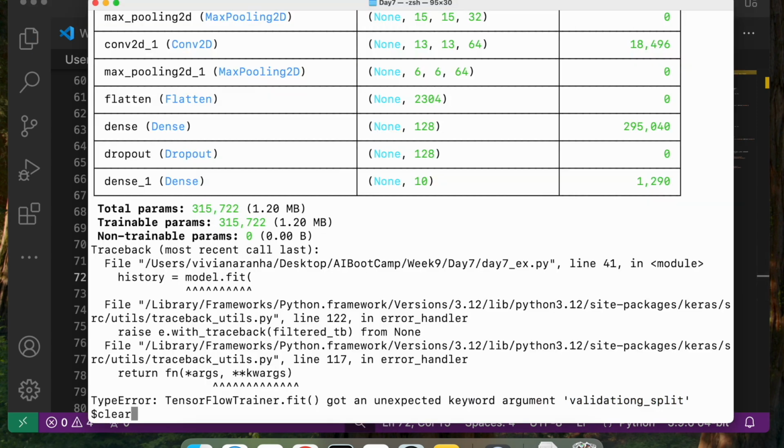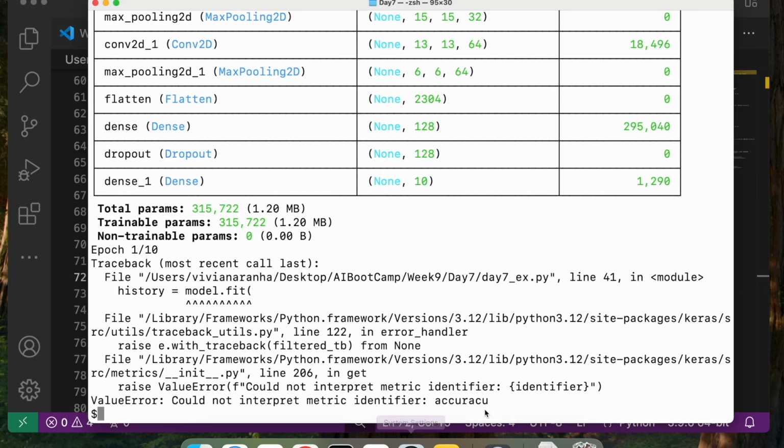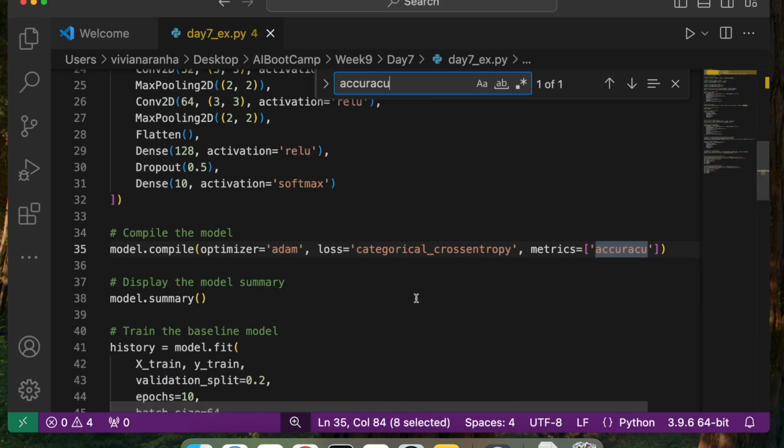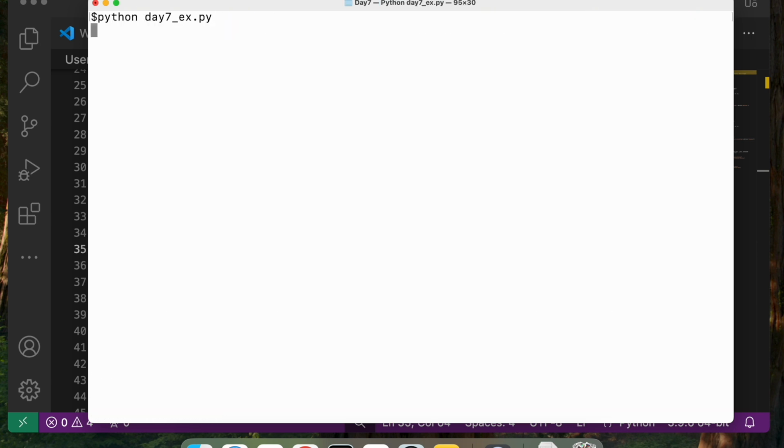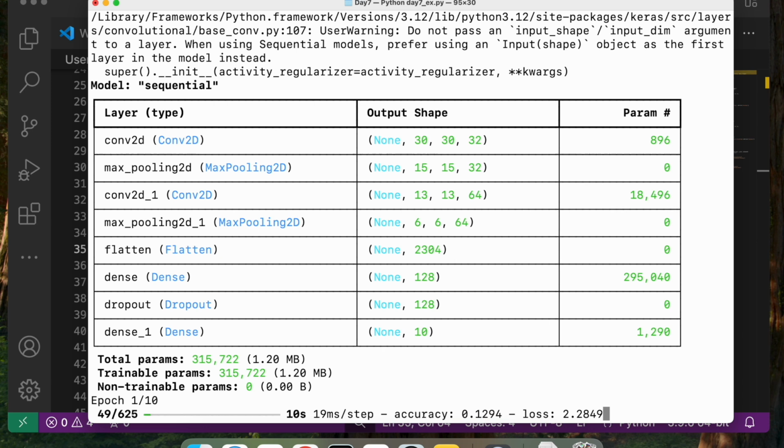Okay, let's run it one more time. I have one more error, another typo. Accuracy, let's make sure this is only once. Okay, perfect. Clear it out, run it again. Half of the problems usually is my typos, where I have to rerun my code most of the times.